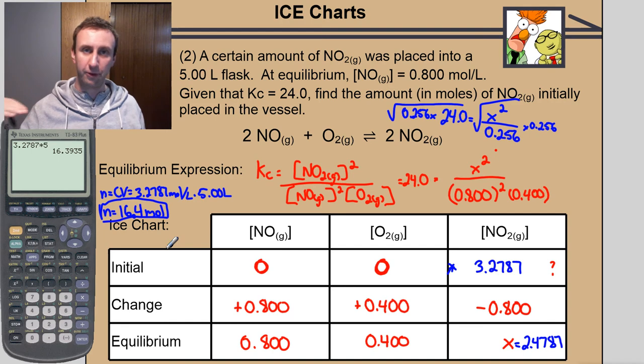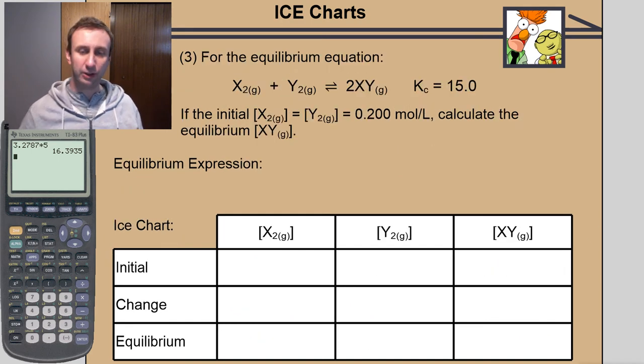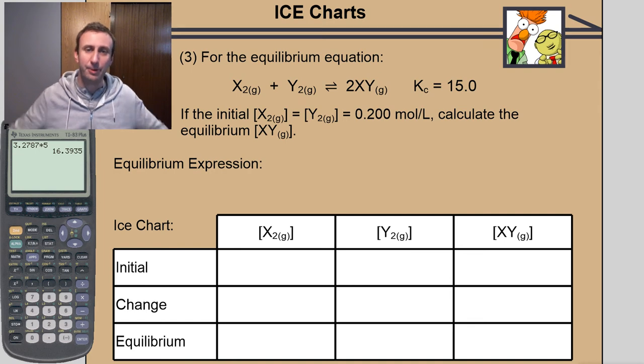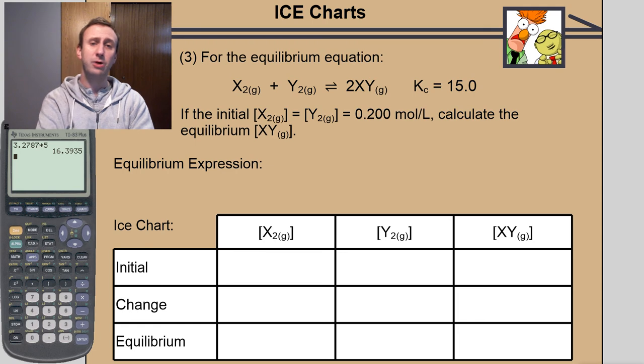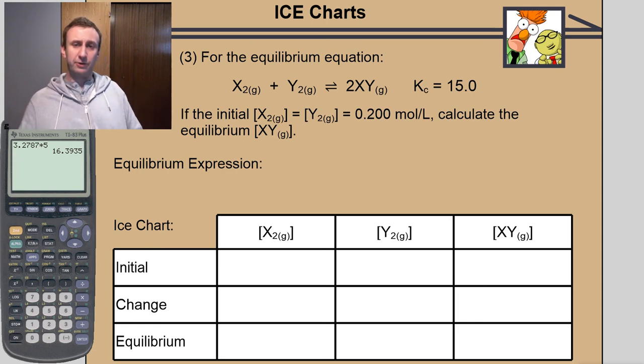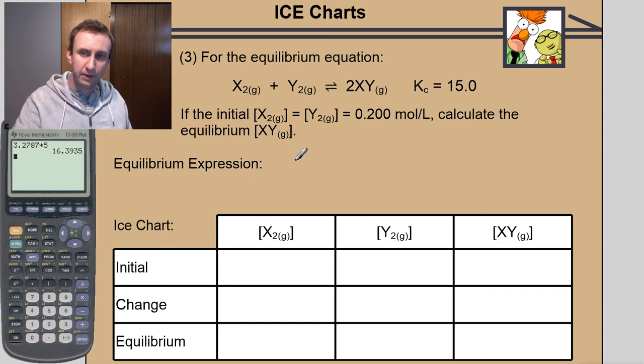Are you ready for the next level? Here is a different equilibrium, number 3, a little bit more complex. Let's give this a try. Start out by writing the equilibrium expression for this and then check your answer and see how you've done. So here I've got Kc is equal to